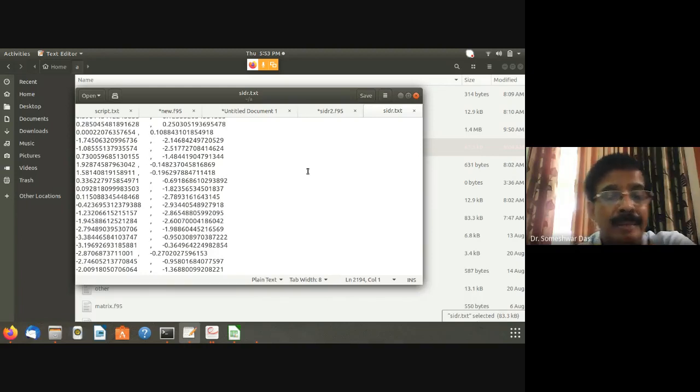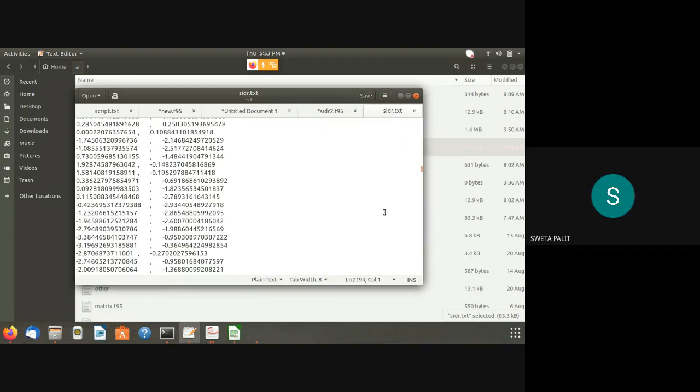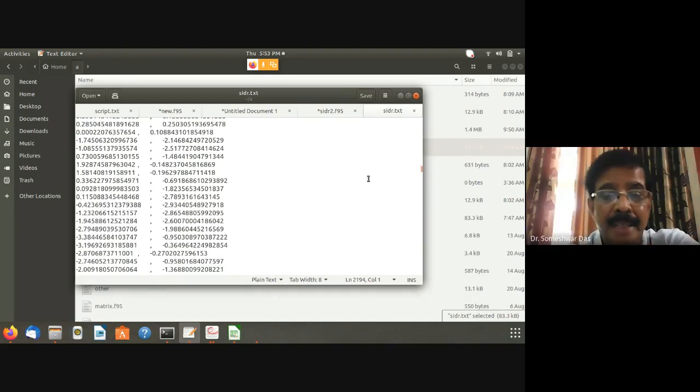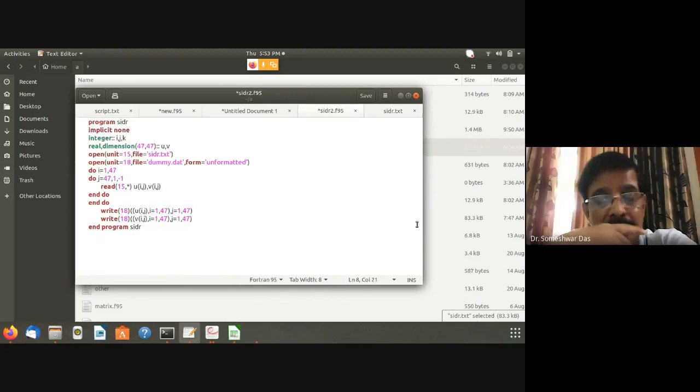I don't know whether you have made any mistake when you copied all the values of u in one column. Yes, sir. All the values of U are in the left column, and all the values of V are in the right column. So if you have done it like that then your read statement is okay, but show me your Fortran code. Go back to the Fortran code. Yes, sir. This is the photo. I just wonder how you created this file, all u in one column and all v in one column. Manually you did, right? Yes, sir.